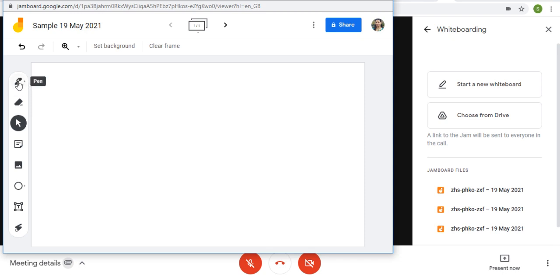Just click on this. See, this is by default pen. Just click on this more option. So here are different types of pen. This is a pen, then marker, highlighter, brushes. You can use any. Suppose if you want a marker, then you can take it, and if you want to draw any diagram, then you can draw by using this marker. This marker pen is available here. You can use it, or you can use the predefined shapes also.